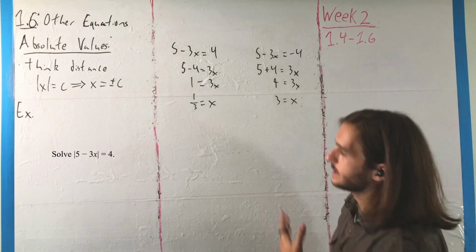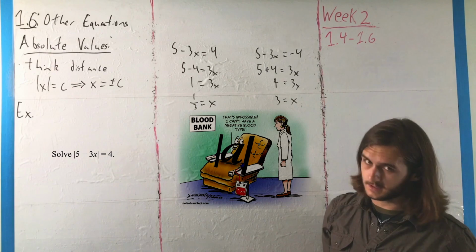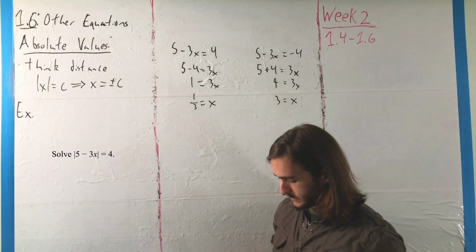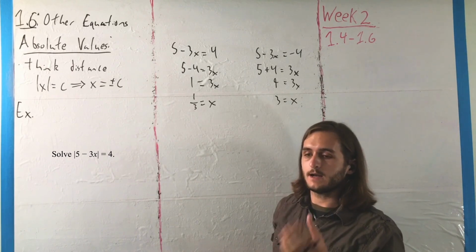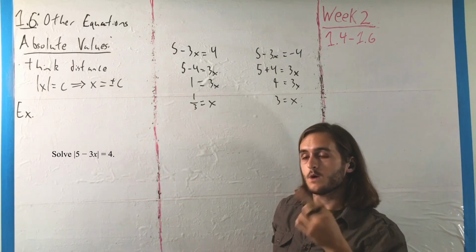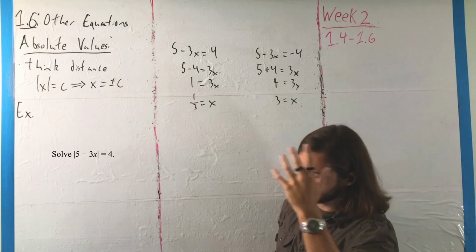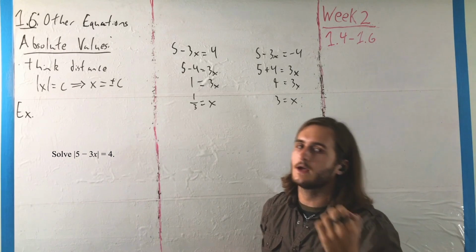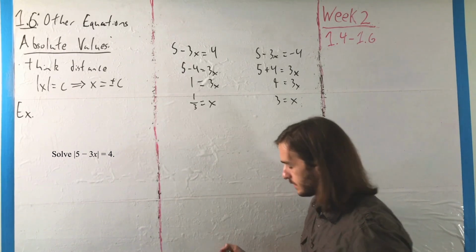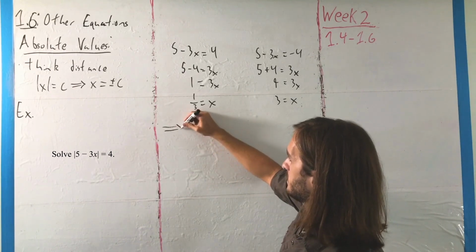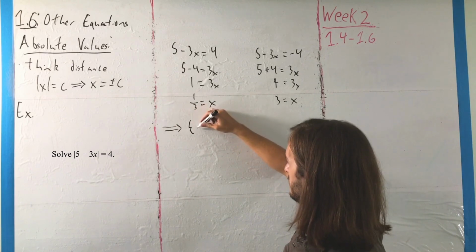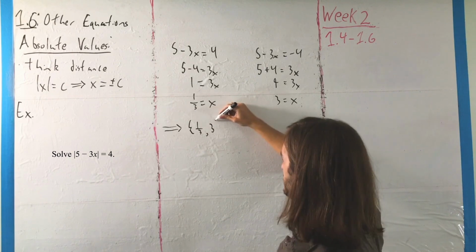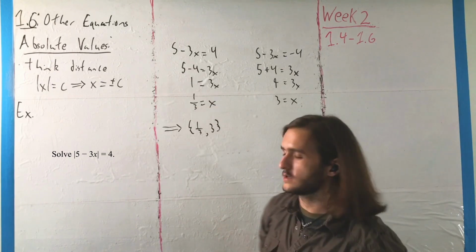If we want to be extra sure, extra positive about this, because it is an absolute value, gotta be positive, don't we? We could plug in 1/3, where we would have 5 minus 3 times 1/3 is 1, so you get the absolute value of 4 is 4. On the other hand, if you did 3, you'd have 5 minus 9, which is negative 4. Absolute value is also 4. So our solution set to this problem, that's the worst curly brace I've written in a long time, is 1/3,